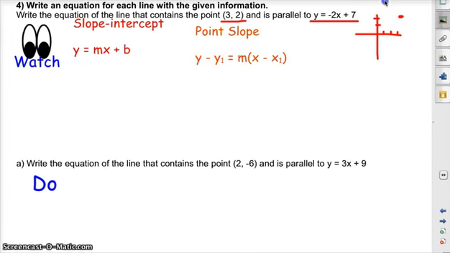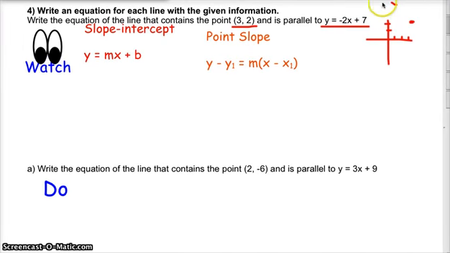It's going to come down here like this. So I want you to create a new line that goes through this dot and is parallel to the one given. To be parallel, we need the same slope, which means my slope is going to be m equals -2. I'm going to use this slope,